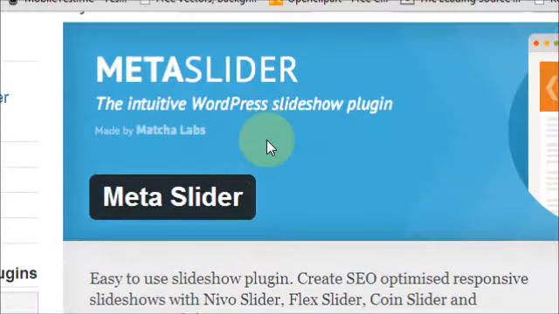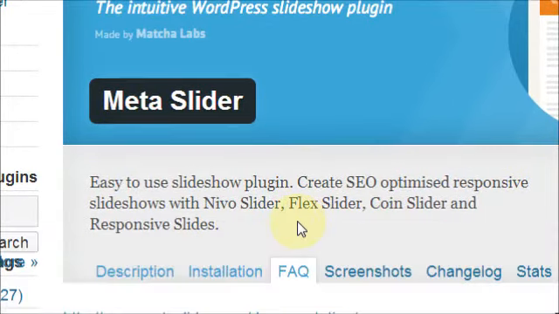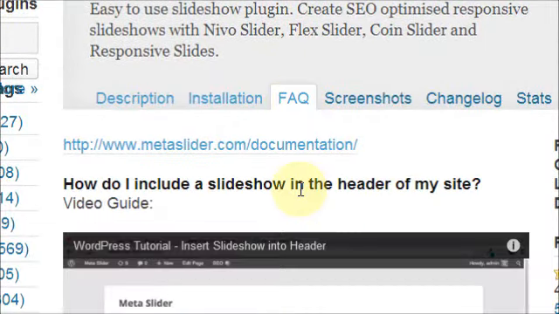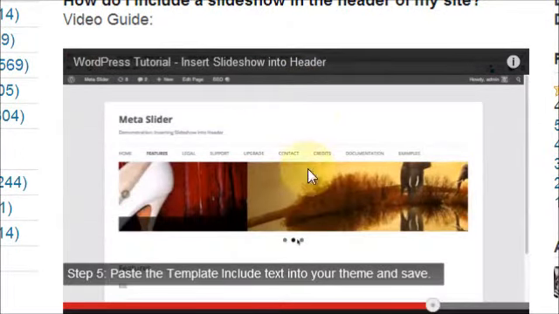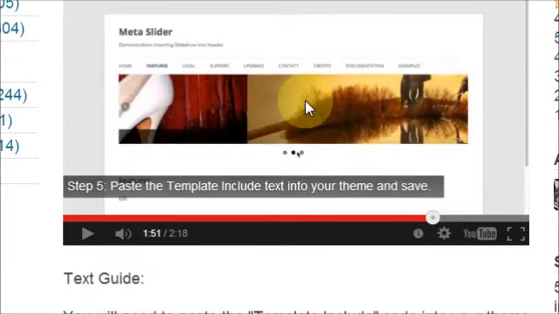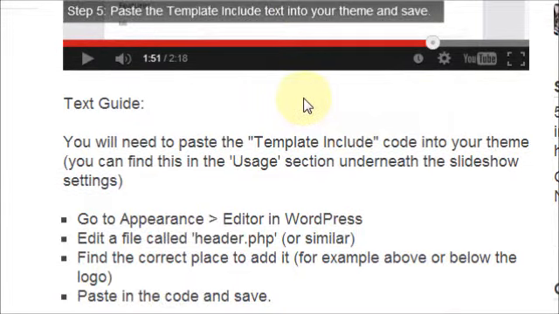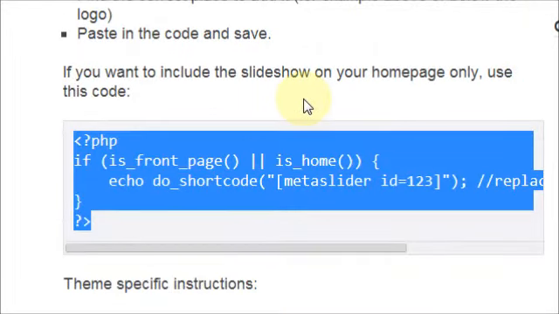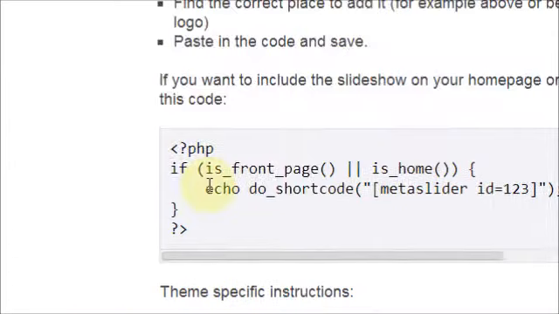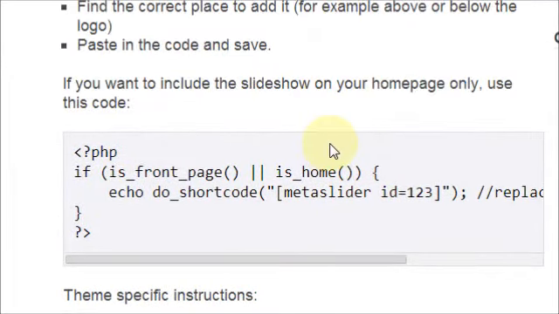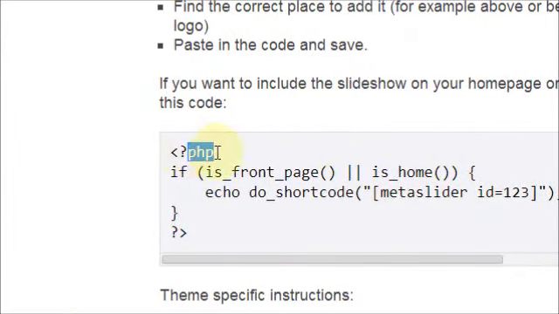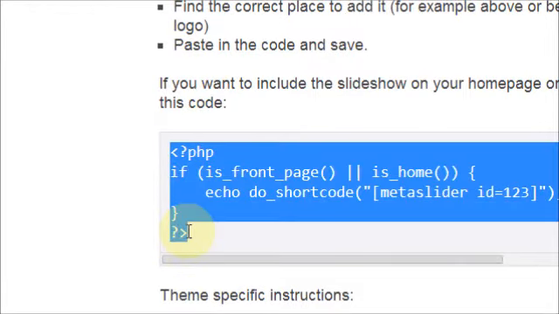In the Meta Slider information under frequently asked questions, there's actually a video showing you how to do that. It's kind of an advanced topic because you have to hack the 2012 theme. What I mean by hacking is you have to use a little bit of programming code, and the computer language that WordPress uses is called PHP, and you can see the tags here. So what you have to do is copy this code into the actual code of the